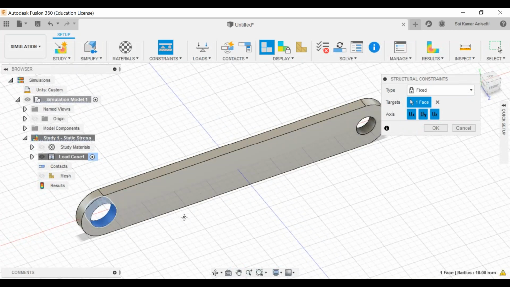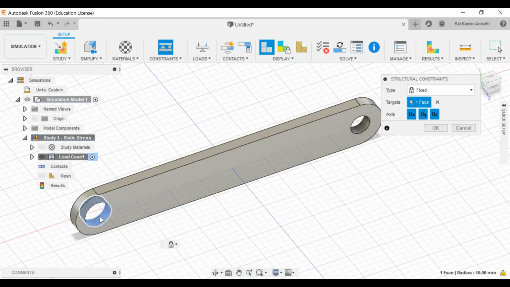My intention is just like a simple cantilever beam, just like you have in a cycle link. This is connected to your toothed gear. This is your simple gear assembly.